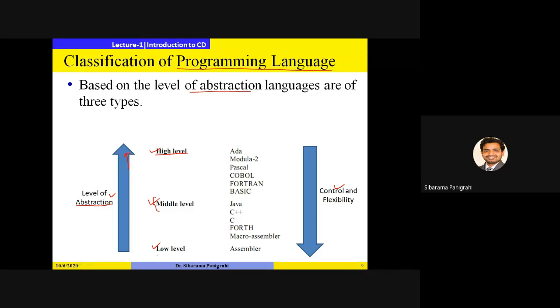Whereas in low level language, the level of abstraction is pretty low. In a low level language like assembly language or machine language, the programmer has to know where the data is stored or from where the data needs to be retrieved. I hope all of you have used instructions like STA. STA means store accumulator 4500H. It means it will store the value of the accumulator at the 4500 memory location.